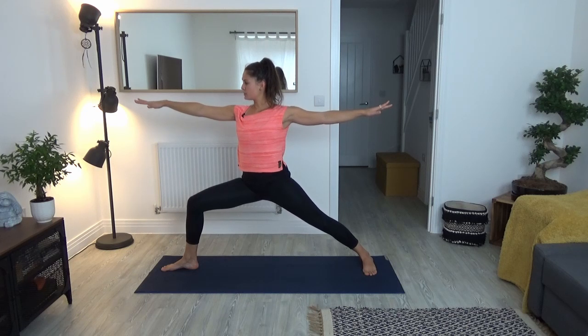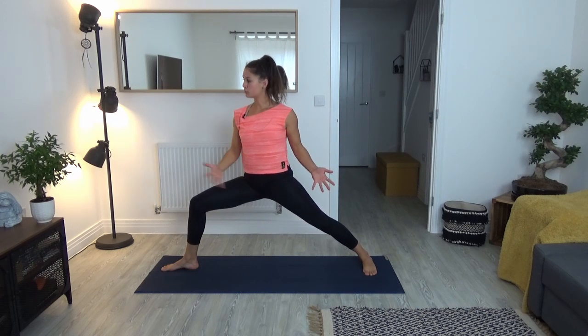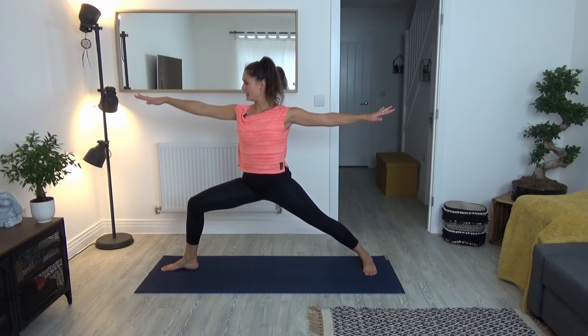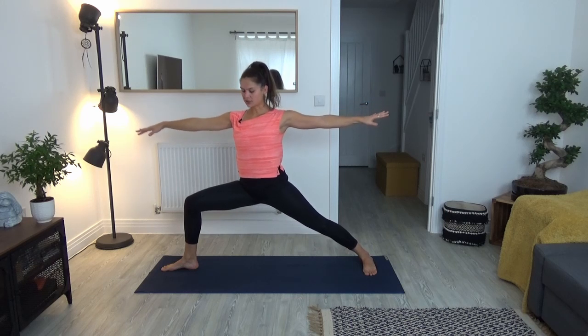Warrior 2 is a beautiful way to open the hips here. So notice your hip, your left hip opening towards the back of your mat, right hip forward. Keep energy through the arms, through the legs here. So this is a very active posture. Soften the shoulders. And then to change direction,